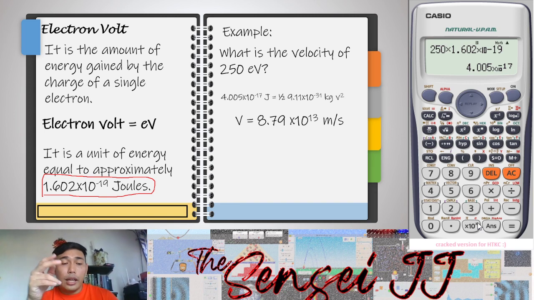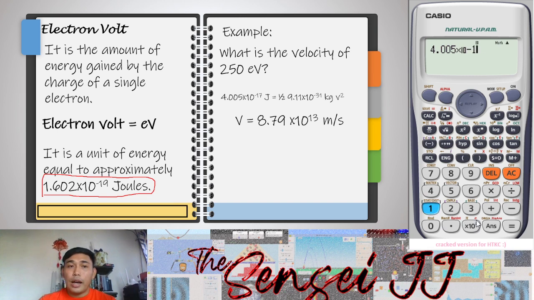So nakuha natin yan, and now the next thing that we'll be doing is use it into our equation. 4.005 times 10 raised to negative 17 is equivalent to 0.5 times 9.11 times 10 raised to negative 31 multiplied to our unknown x na naka-square. Okay, so solve tayo. Shift solve. So we can get the value of our velocity of